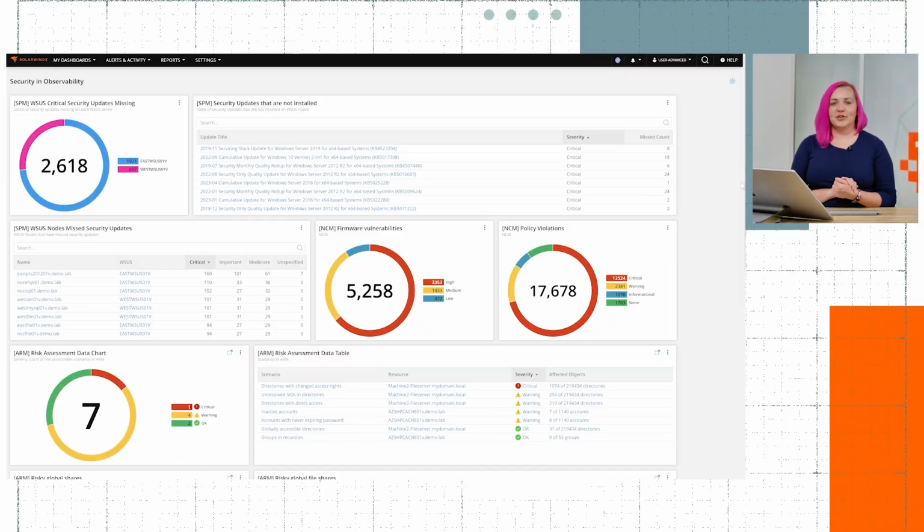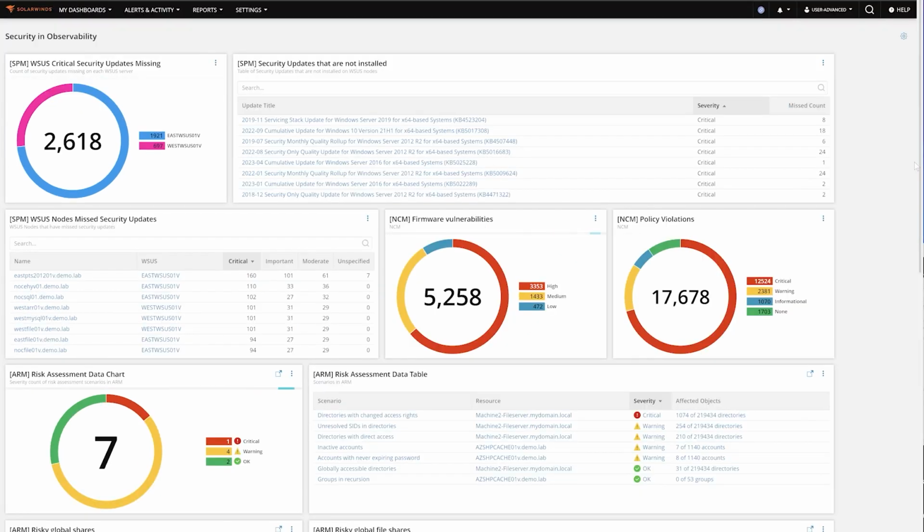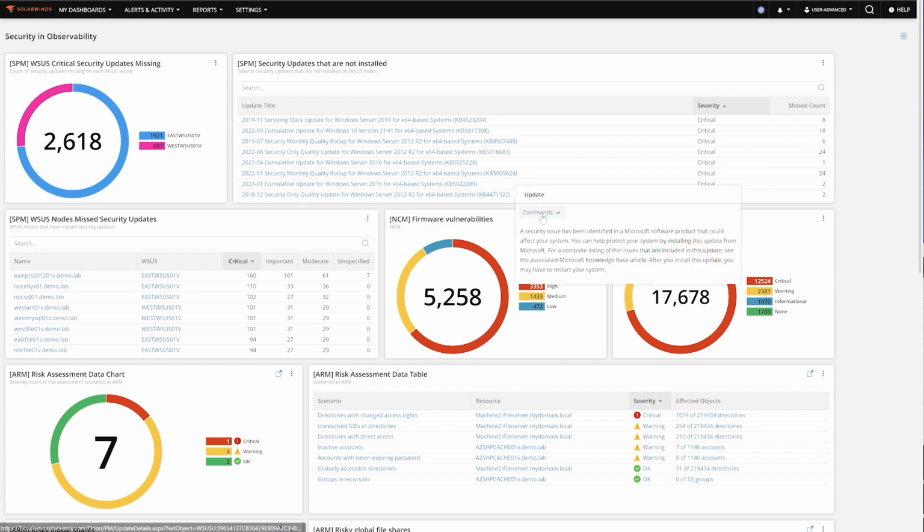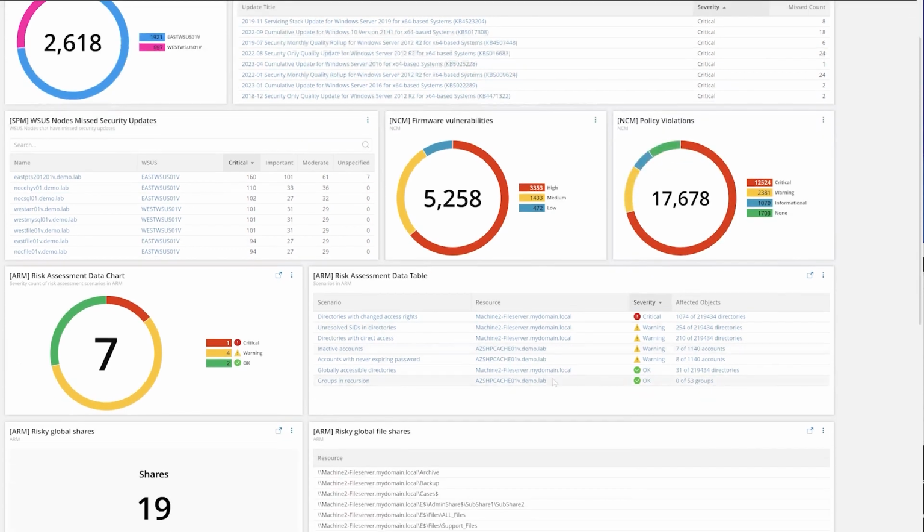The next integration that I want to talk to you about is our security integration. We're making a connection between our self-hosted observability solution and our security products. It does require licensing in those security products, but if you have any of those products, Patch Manager, Security Event Manager, or Access Rights Manager, you can pull those insights into your security dashboard so we can see everything in one place again. You get better insights, you don't have to jump around between all the platforms, and you can have it be connected as well.